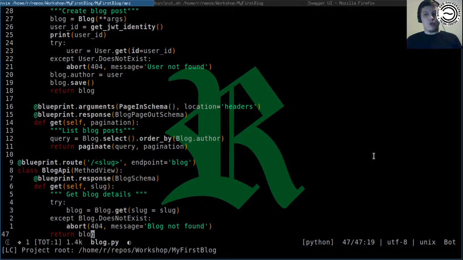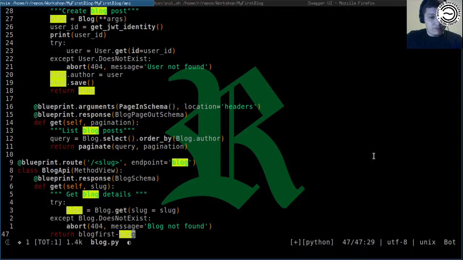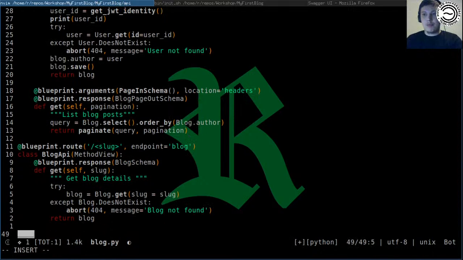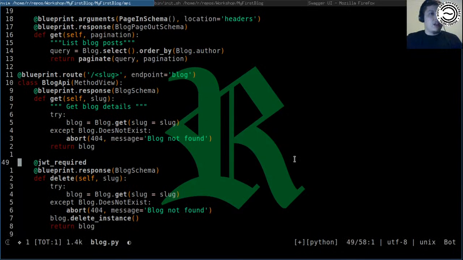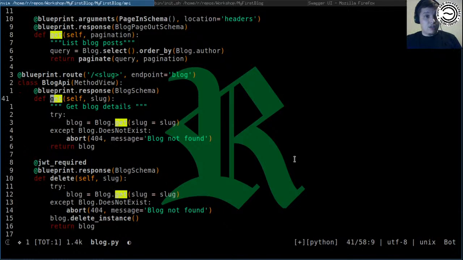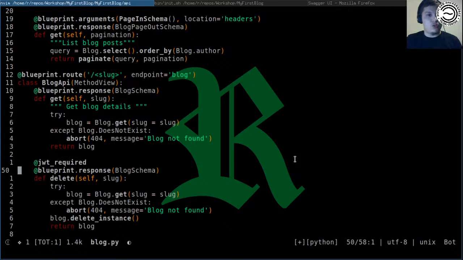I will go with delete first because it's simple. It's just similar to get, the only difference is we are calling a different function. And yeah, let's take a look now. Oops, yeah, I don't want to paste that, and I'm gonna copy paste again because I'm too lazy to write and make spelling errors. Okay, it's again in the same class, blog API, and for this function we want the user to be logged in. Why do we want that? Well, we